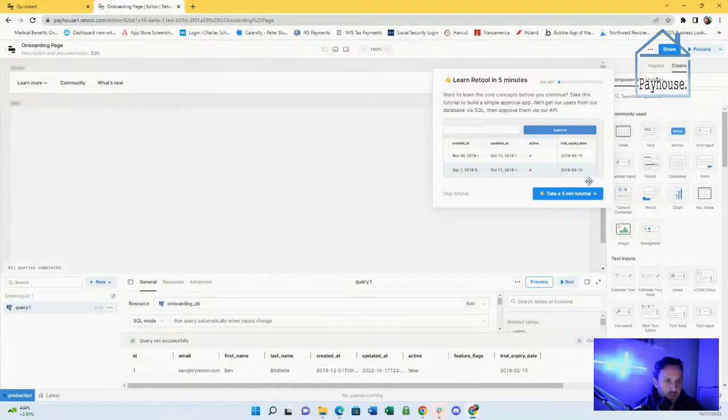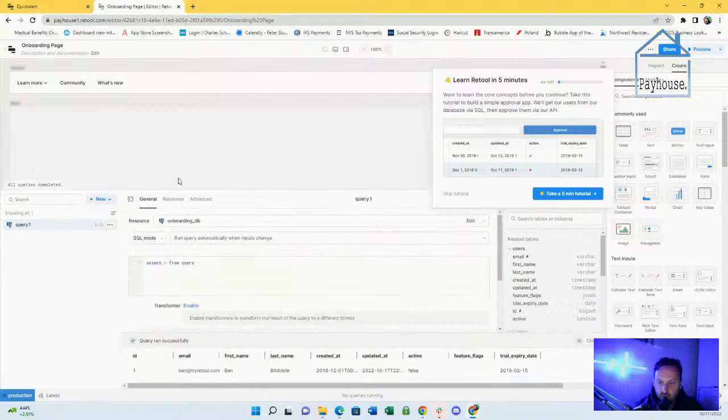Okay, so our query ran successfully. And I guess it's pulling in all of the, okay, so query is like we're querying the onboarding DB. And I assume that the query that we ran with the asterisk is just giving us all of the information that's in the database. And that's what it seems like here. Bennett Retool. This is kind of hard to see though.